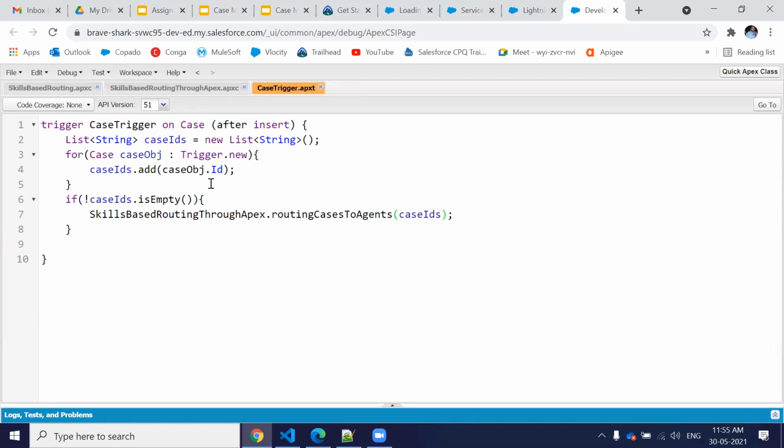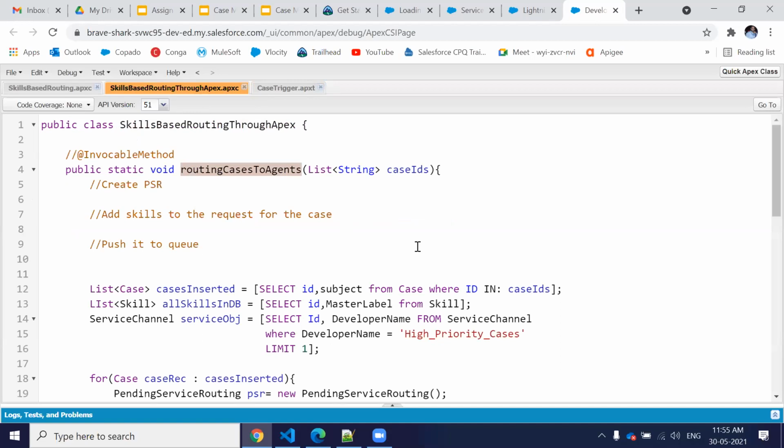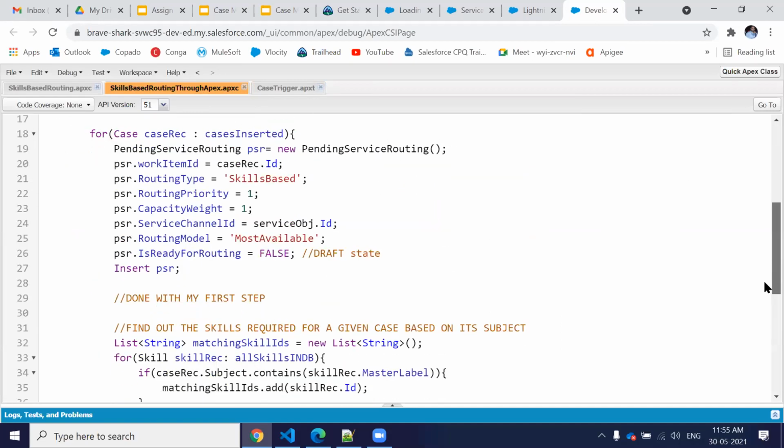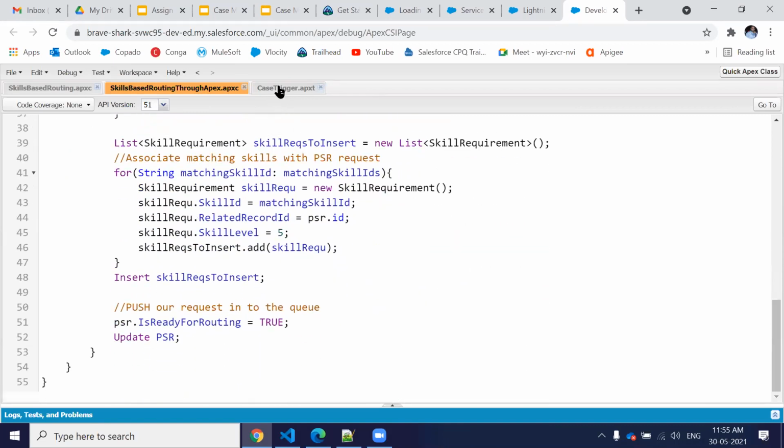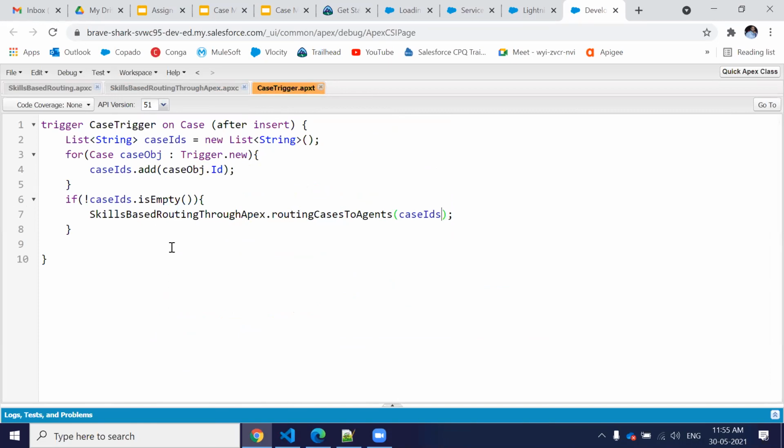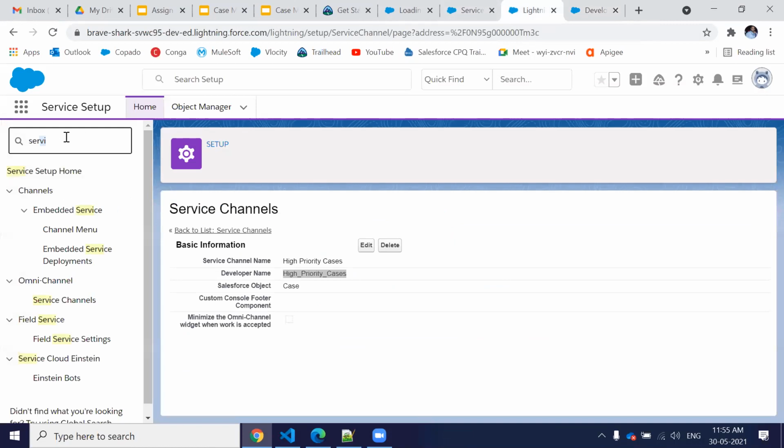So we have created a class with a method, and this method is going to run all this logic. After running this logic, we send to the Omni channel, and we have to initiate this Apex class so our logic can run and trigger the Omni channel. So I'm calling it directly after the record is inserted, or you can put in any business logic whenever you're adding to the list.